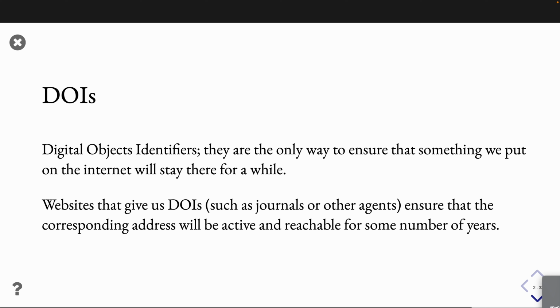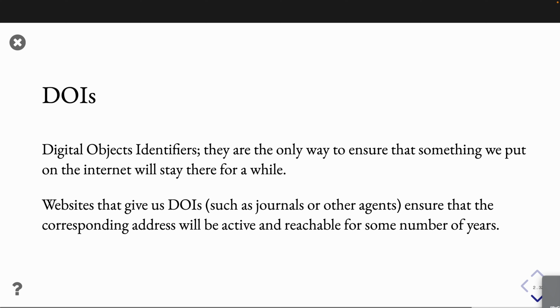Digital object identifiers are basically the only way to ensure that a link that you are giving to someone will work in the future for at least some number of years. That's why DOIs are important, and that's why journals release DOIs. This is basically the basics of online publishing. I cannot put stuff somewhere on a website where at some point that material can disappear and use that link in a paper, because people reading that paper in 3 years will not find